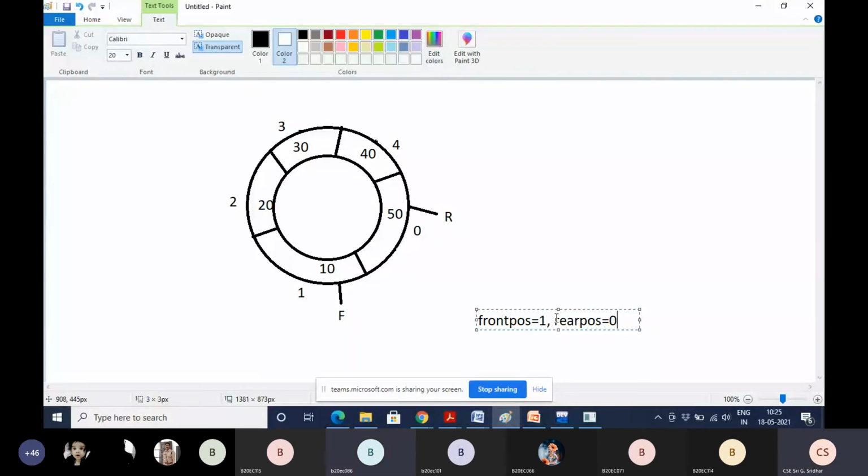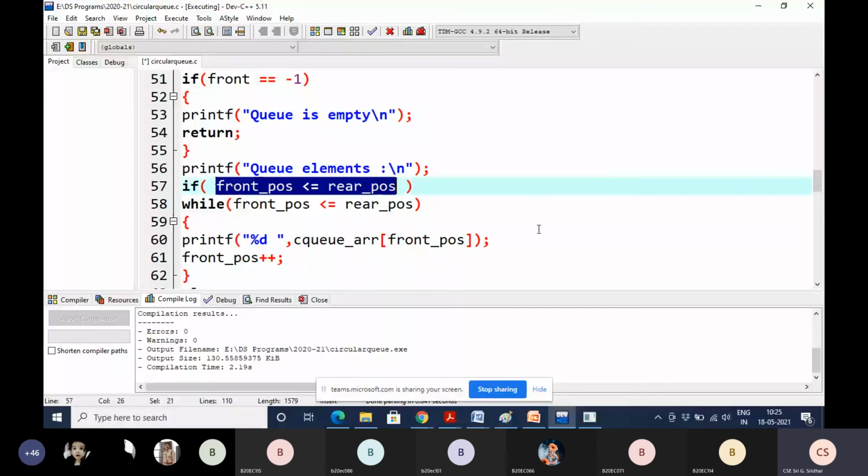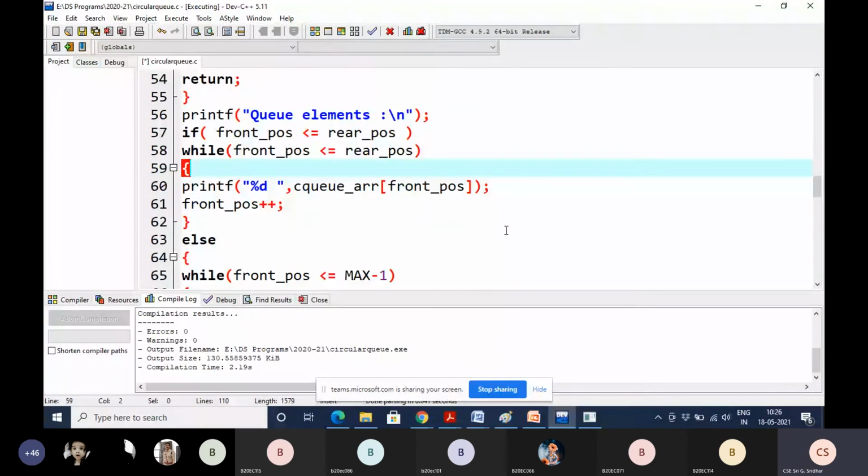Here the condition is 1 is less than or equal to 0. No. So this condition is false. If this condition is false, the while statement will not execute. Then it comes to the else part.